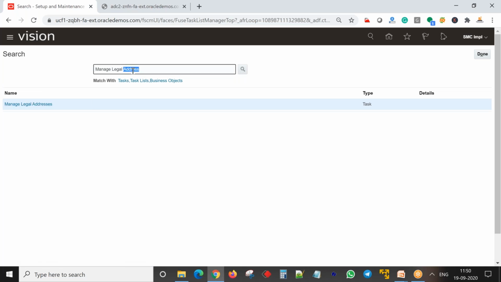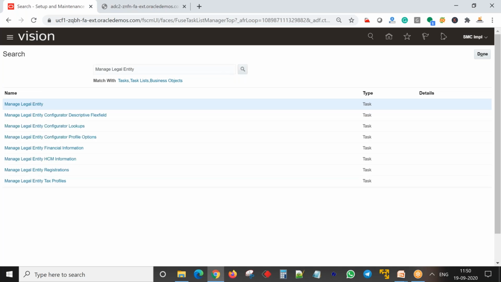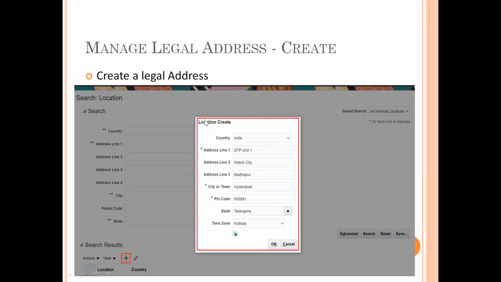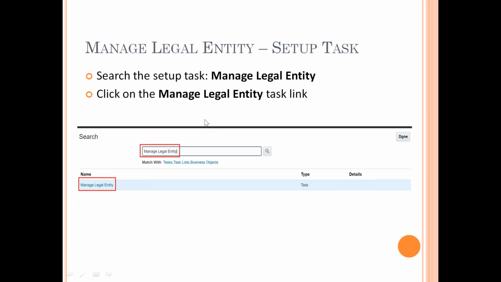Now the next thing that I have to do is to create a legal entity, right? So I'll take you to slides and I'll show you how exactly it is done. So once your legal address is created, the next thing is to create a legal entity, because legal entity is something where you would be performing your business, or which is, not the business exactly, but it is the permission from the government, permission from the land where you are doing the business. So to create that, you will be creating manage legal entity.